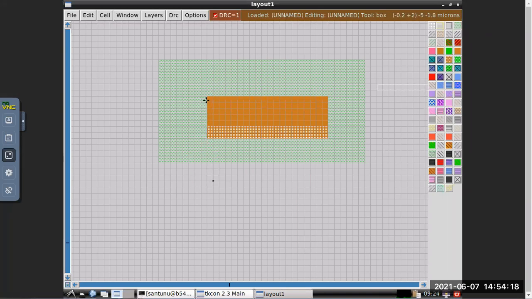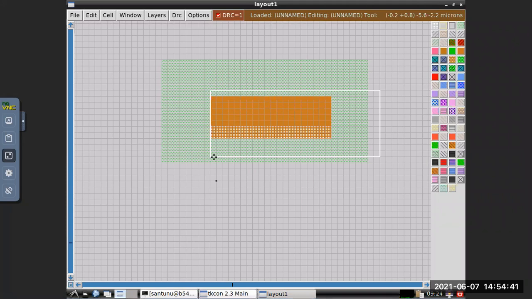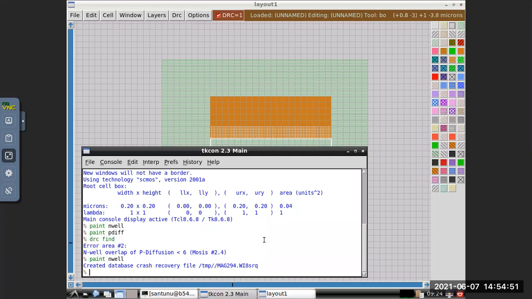So we need a 2 micron width. That means how many boxes are required? 10. Here how many have I drawn? 1, 2, 3, 4, 5, 6, 7. So another 3 is required. Paint nwell.